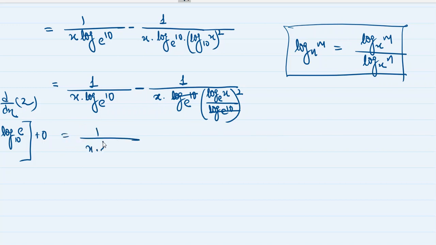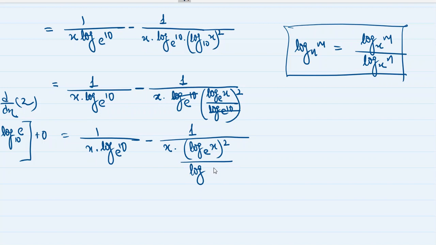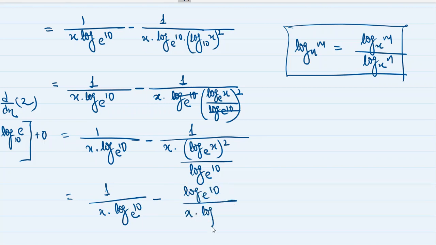1 upon x log of 10 to the base e minus 1 upon x multiplied by log of x to the base e the whole square, वो तो स्क्वायर में ही रहेगा, the whole upon log of 10 to the base e, ये सीधा ऊपर चला जाएगा। So we have 1 upon x log of 10 to the base e minus log of 10 to the base e upon x log of x multiplied by log of x to the base e the whole square। ये तुम्हारा फाइनल आंसर है। ठीक है, इसको इधर ही छोड़ देना,